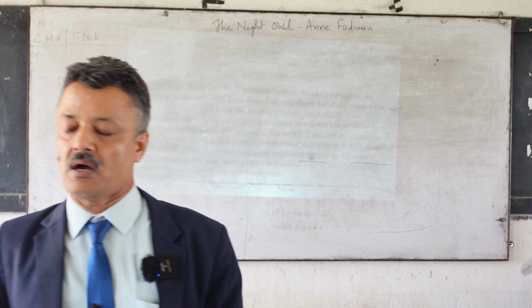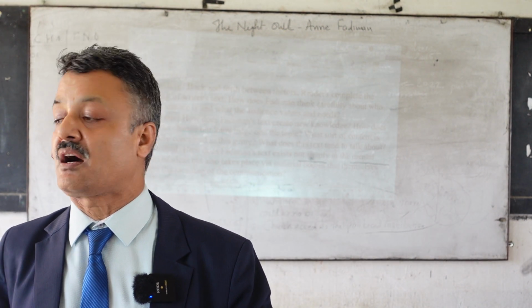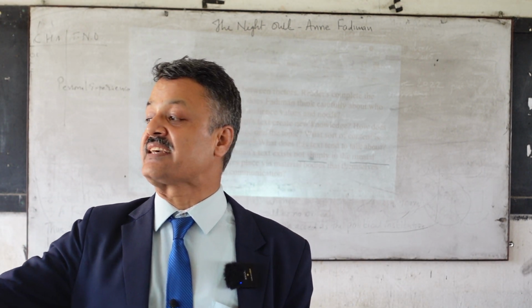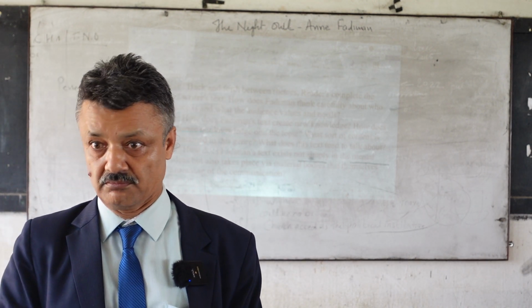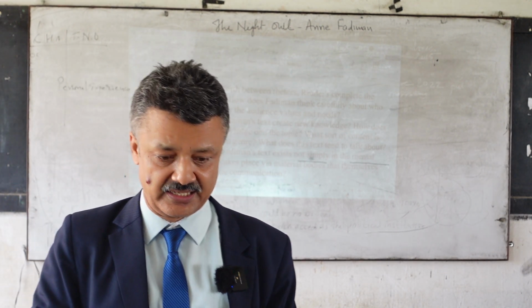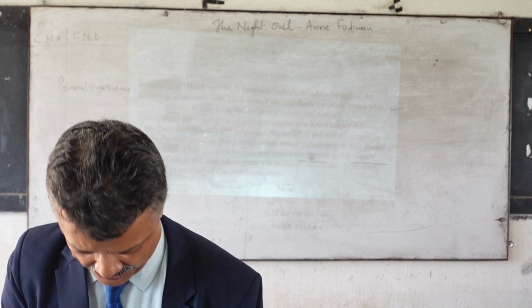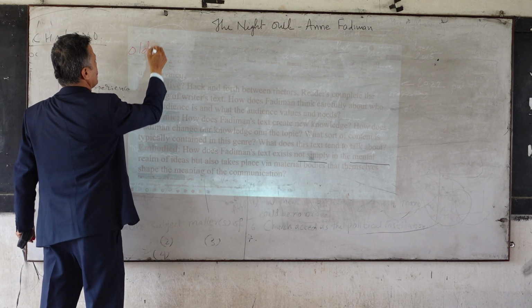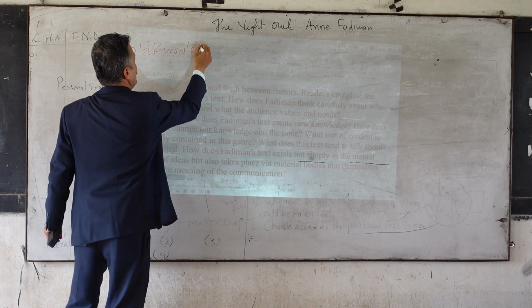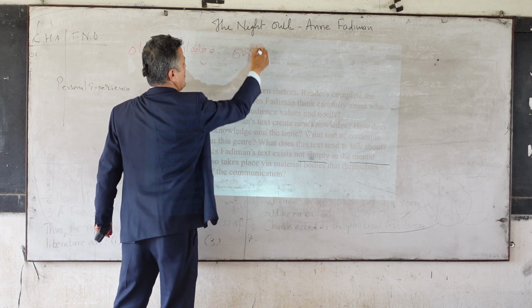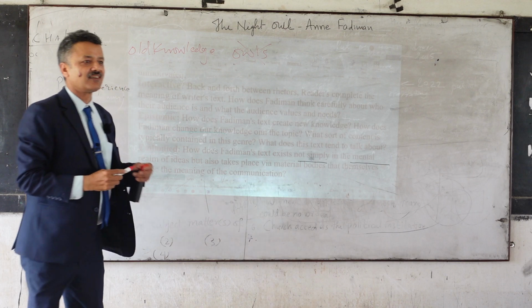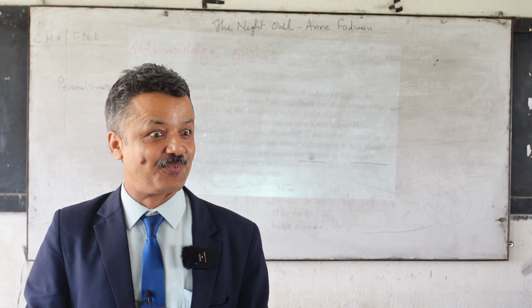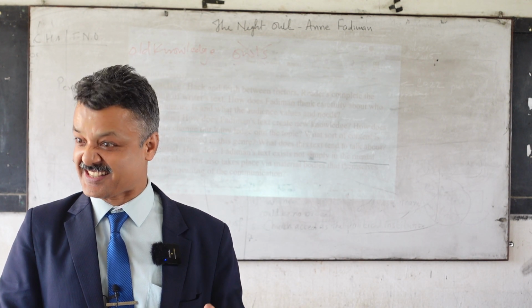Interactive. Does anywhere Fadiman address readers? In interactive, you ask the question, how does the writer address the reader? Now, episteme, this is important. What is episteme? Episteme means, what is the old knowledge? Old knowledge is owls are bad people. Given knowledge is owls are bad people. They are Dakini, Sakini, Pichasini, she says, right?